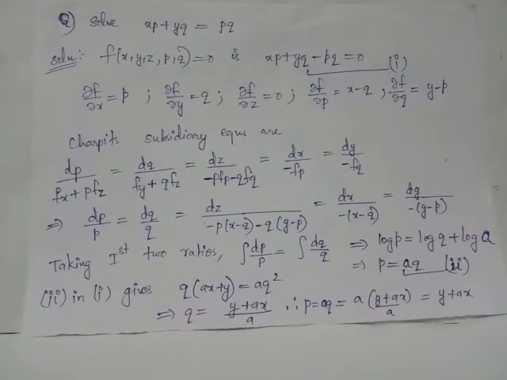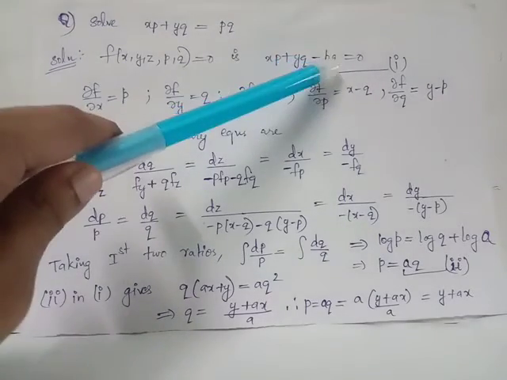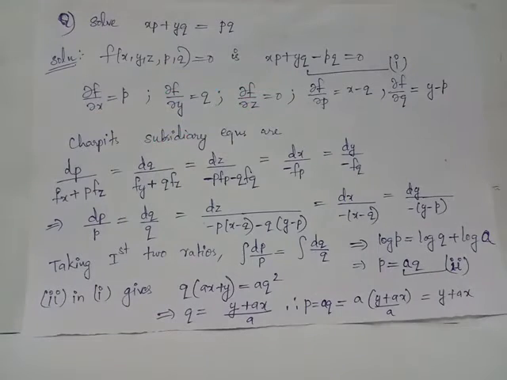We have dou f by dou q equals y minus p because we consider this term and this term which involve expressions of q to find out the partial derivative with respect to q. Whenever we carry out partial differentiation with respect to one particular variable, all other variables are treated as constants. The Charpit's subsidiary equations have to be written, and when we write the Charpit's ratios, we obtain dp by p